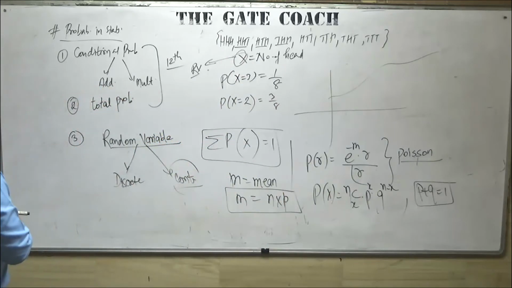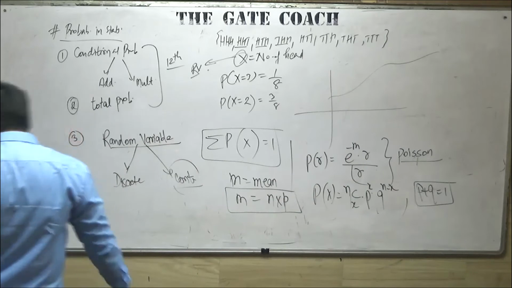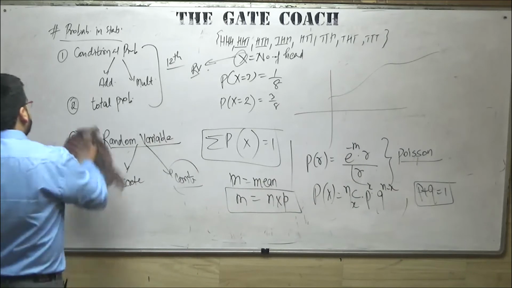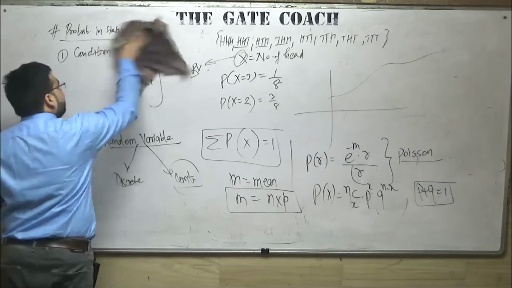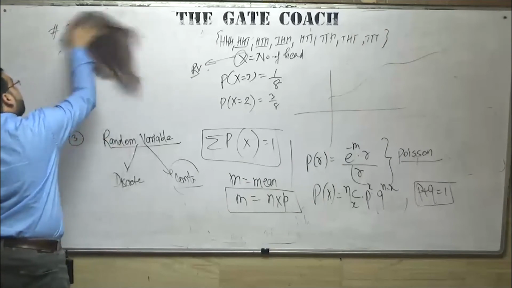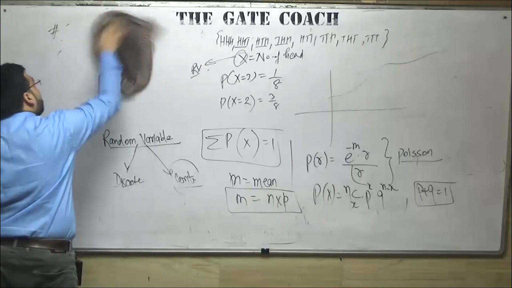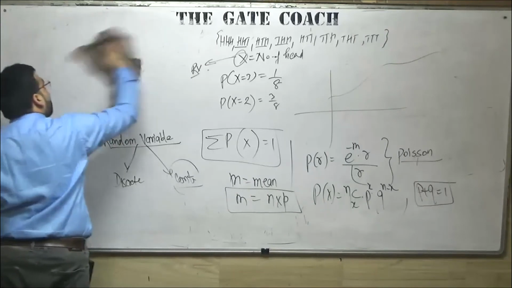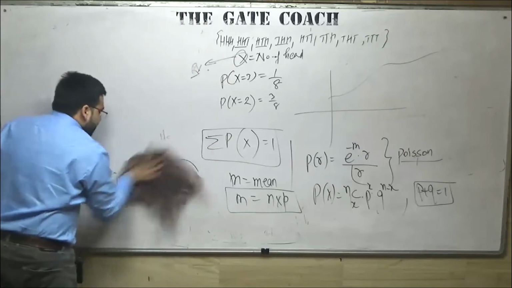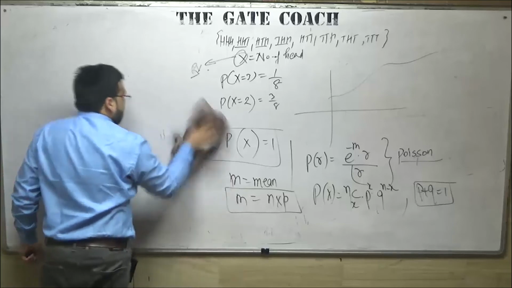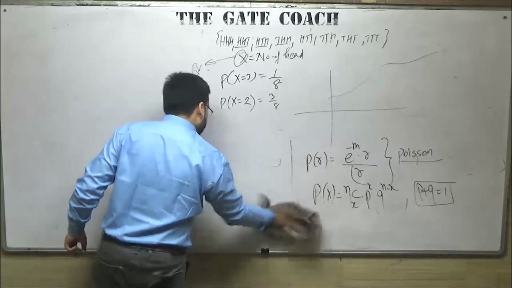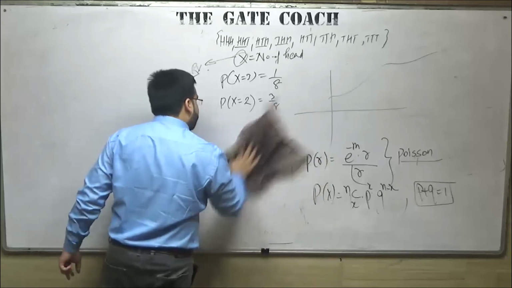The last but not the least, we discussed the normal distribution. Then here we also discussed the moment generating function, the moment about the mean, the moment about the origin, which one is greater, which one is smaller. We discussed all those things that I am not going to repeat. It is a very long topic, by the way. But here we also discussed the moment generating function, and how it is actually derived.